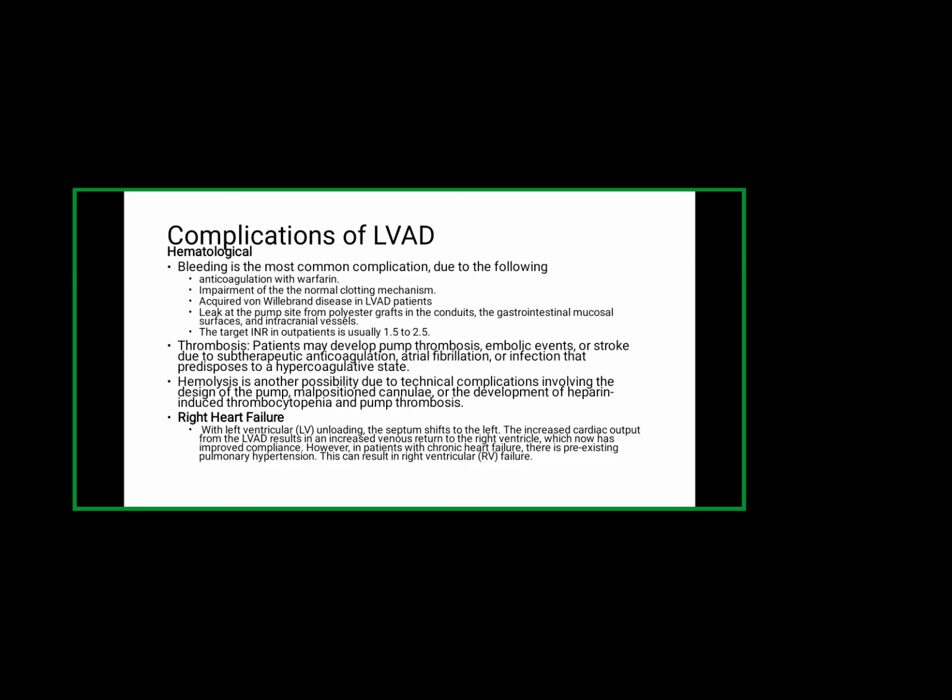So apart from bleeding, patients may develop, of course, the Virchow triad, because of endothelial injury and hypercoagulability. So of course, they are prone to thrombosis. Thrombosis can lead to embolism, which can lead to stroke. So they are prone to both hemorrhagic stroke, due to excessive anticoagulation, and also ischemic stroke